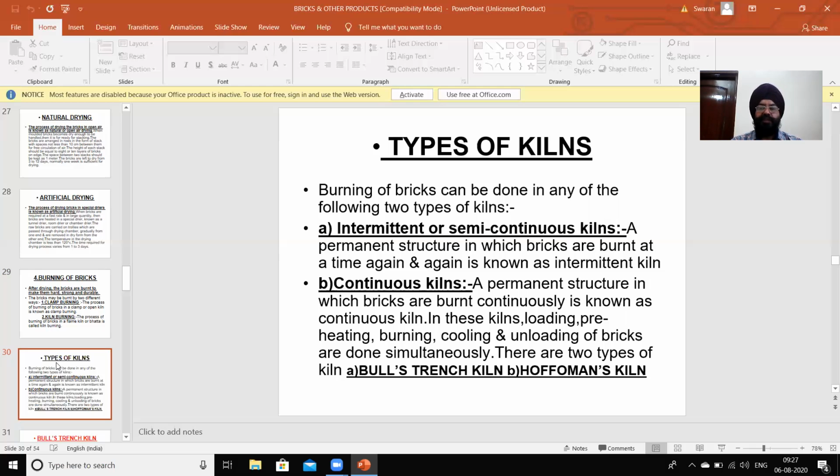In these kilns, loading, preheating, burning, cooling, and unloading of the bricks are done simultaneously. There are two types of continuous kiln. First, Bull's trench kiln. Second, Hofmann's kiln.